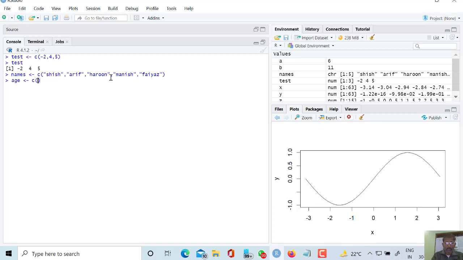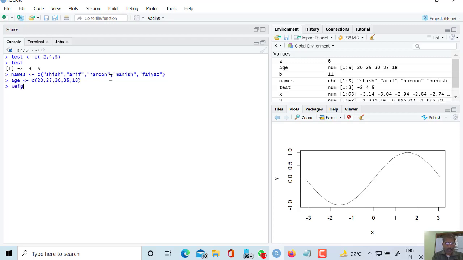Suppose the age of Sis is 20, age of Arif is 25, age of Harun is 30, Manish is 35, Fayyaz is 18. Suppose these are the ages.